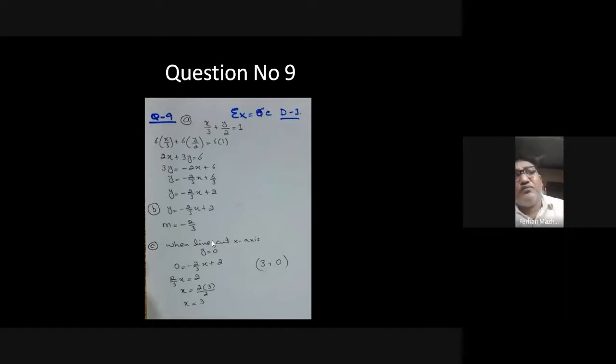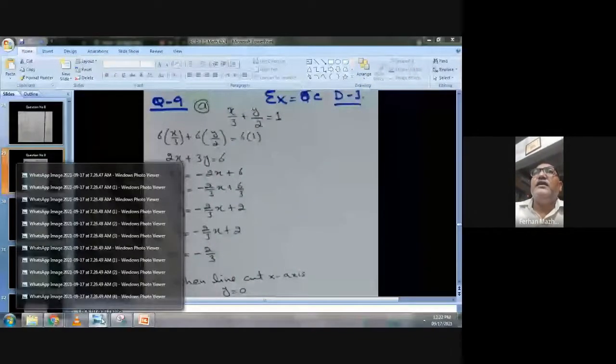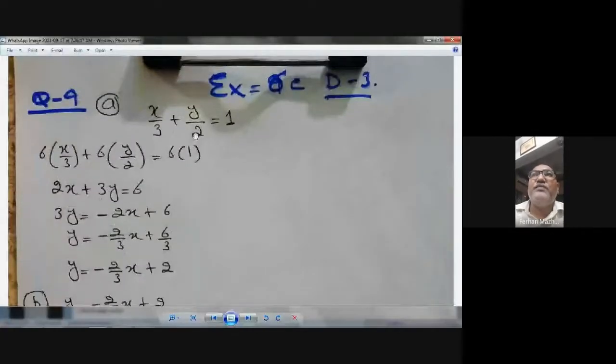So if you want to make y the subject of the formula, then the procedure is very simple. You see, let me show you from here. This is that equation, and if you want to make y the subject of the formula, first of all, look at here carefully. We have denominators here. Here we have 3 in the denominator. Here we have 2 in the denominator. So their LCM is 6.